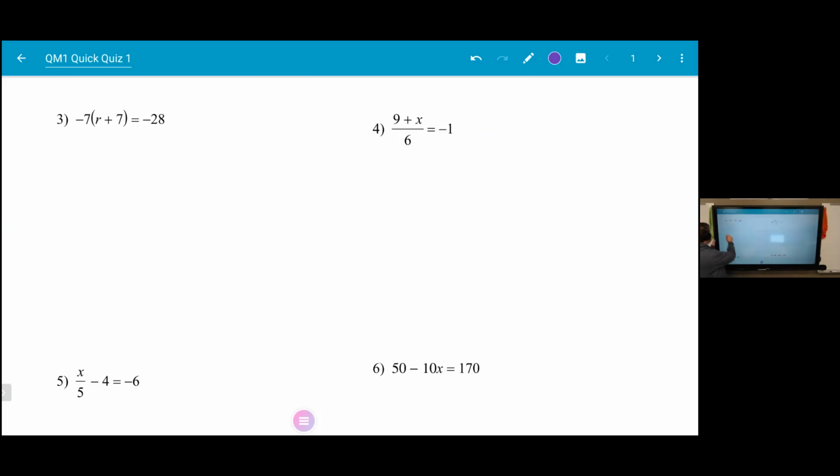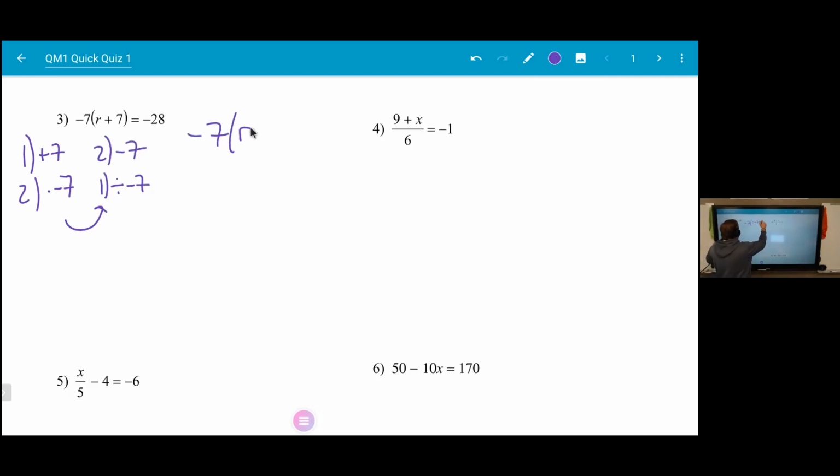Look at this. If I knew what r was, I would first add 7, and then I would multiply by negative 7. How do I undo that? First, I would divide by negative 7. And then subtract 7. We rewrite this. Negative 7 times r plus 7 equals negative 28. If I divide both sides by negative 7,